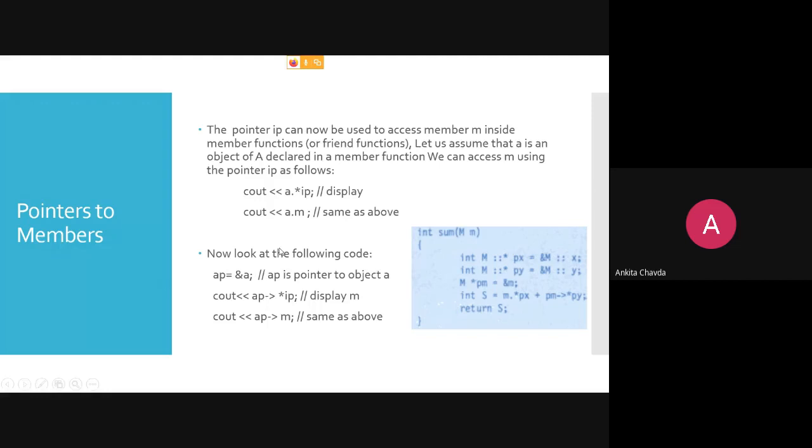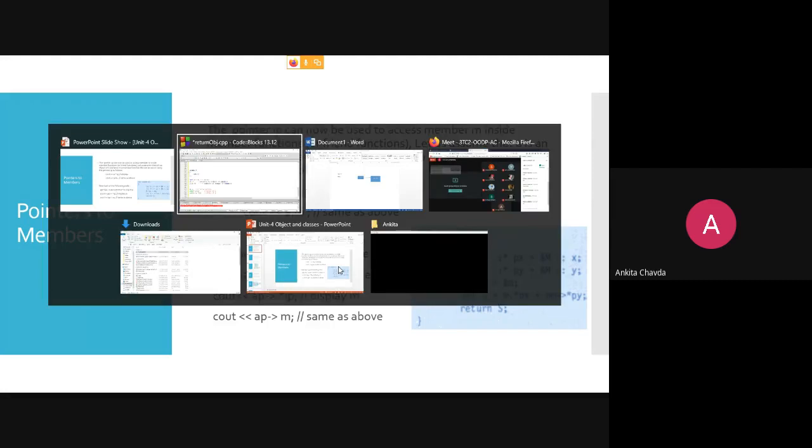But now another thing: if you are putting the pointer on your object, then how can you access your pointer as well as your member? How can you access it via that? So say suppose, again back to this.